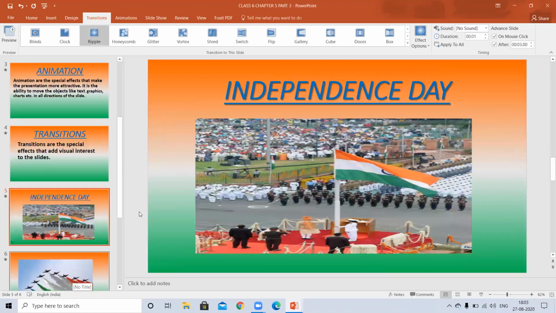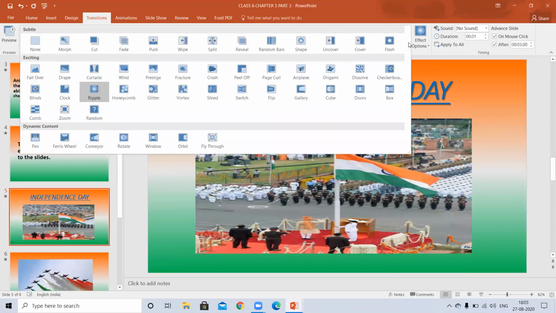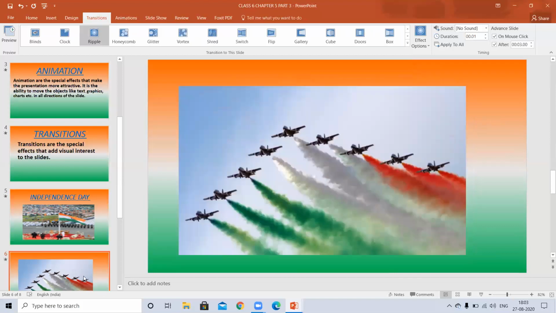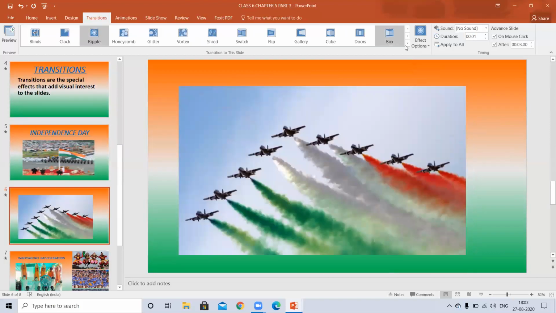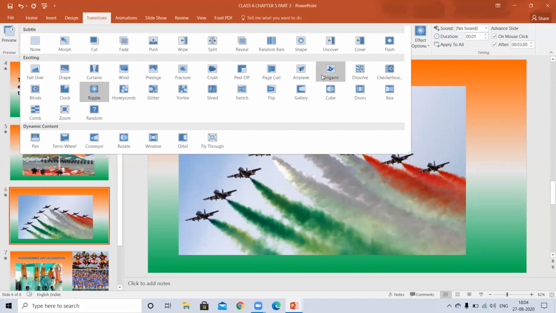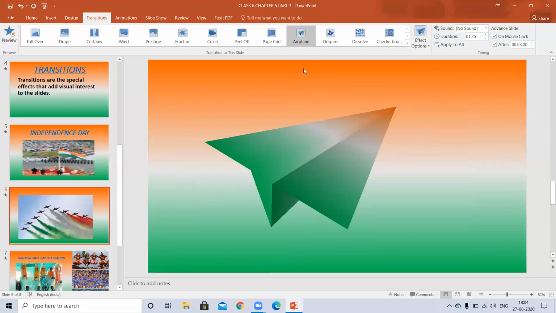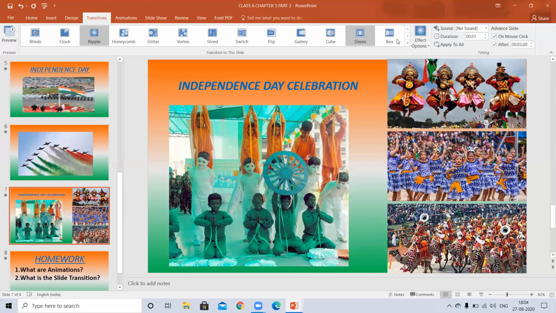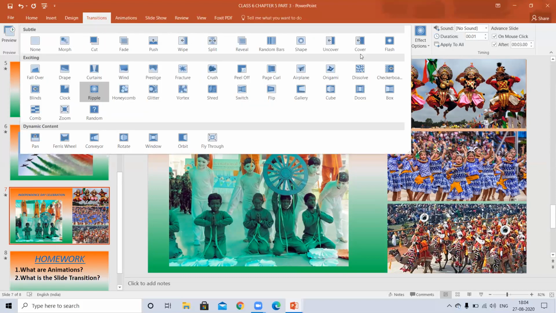And for Independence Day, I will choose the aeroplane. Now, where is the aeroplane? Yeah, this one. This is the aeroplane effect, a transition effect. And on the last one, I want to give a different effect.